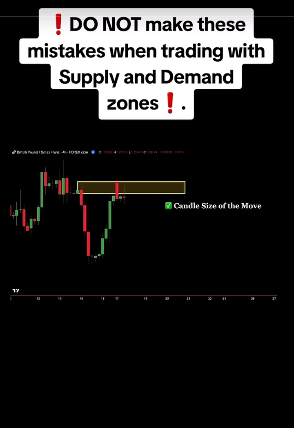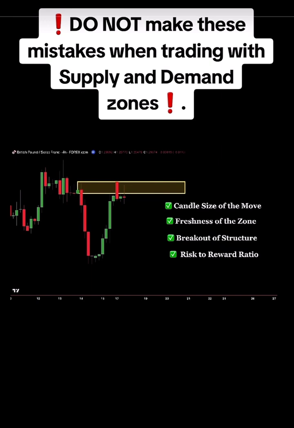Candle size: large, strong bearish candles signaling clear institutional selling pressure. Freshness: the zone is completely untouched, meaning the first retest has a high probability of reacting strongly. Breakout of structure: price broke below a key support level, trapping retail traders and confirming smart money involvement. Risk to reward ratio: the setup offers a solid 3-to-1 reward to risk ratio, making it appear like an ideal